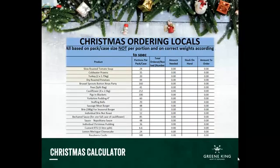So for those who have seen this before, I hope you agree it's a really good tool. But for those that haven't used it before, it's something I would really recommend and get behind. It just makes your life a lot easier. So it's a Christmas calculator, and we do it for each brand. And what happens is that you type in how many you need. So if you've got a party of 40, you type in you've got 40 soup, it tells you how many soups